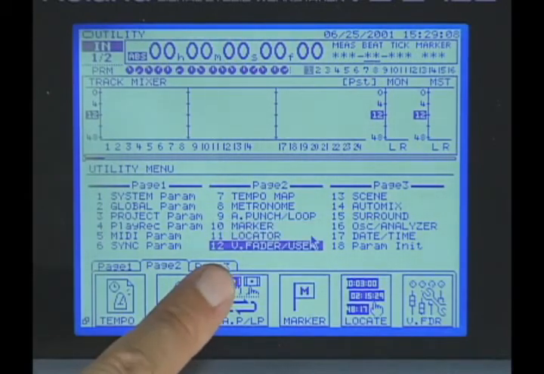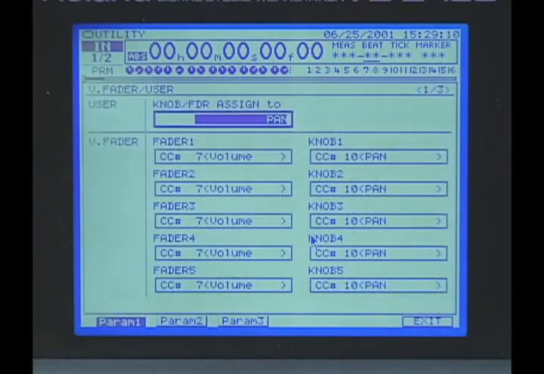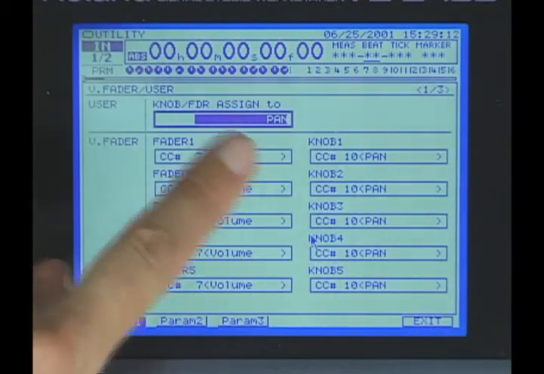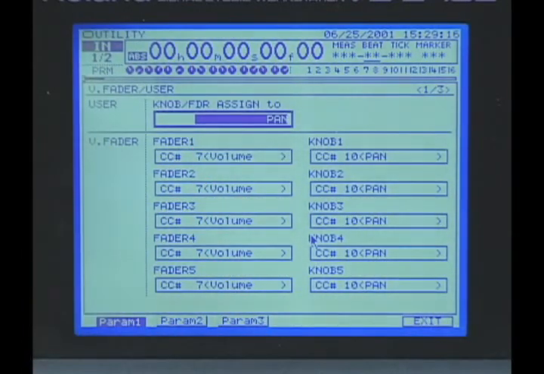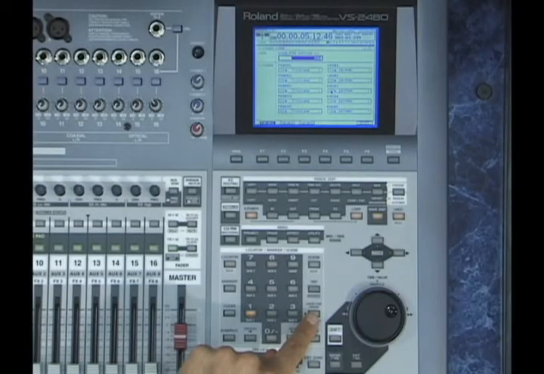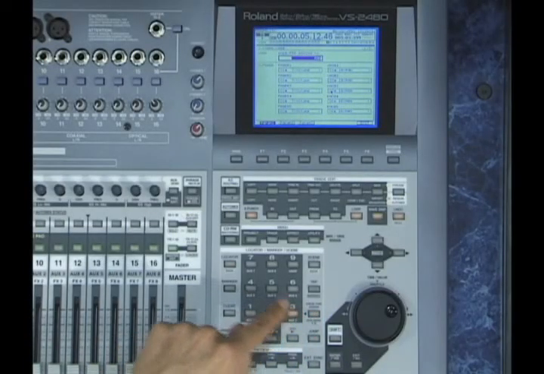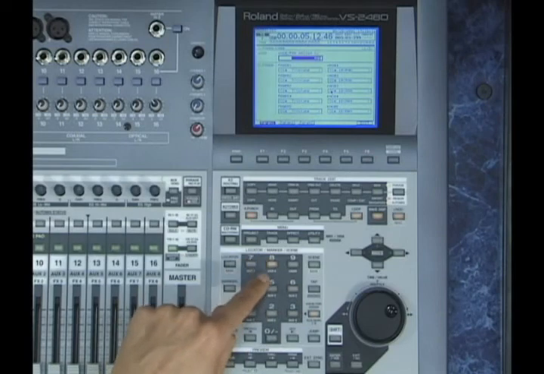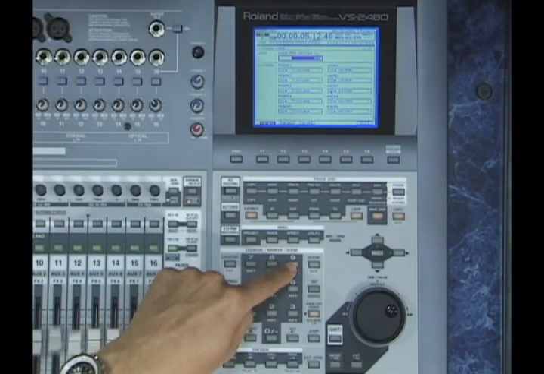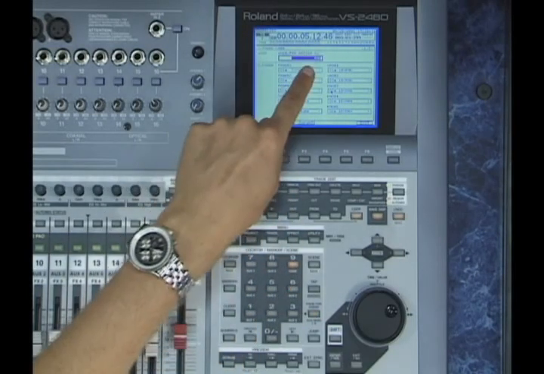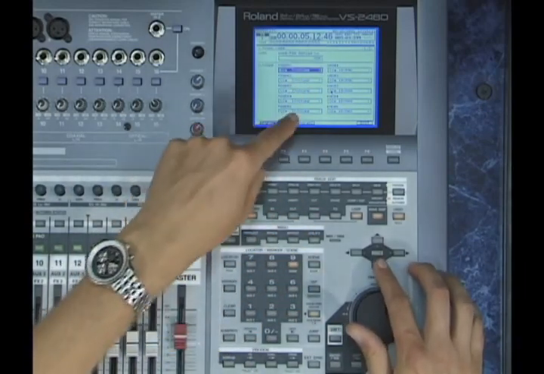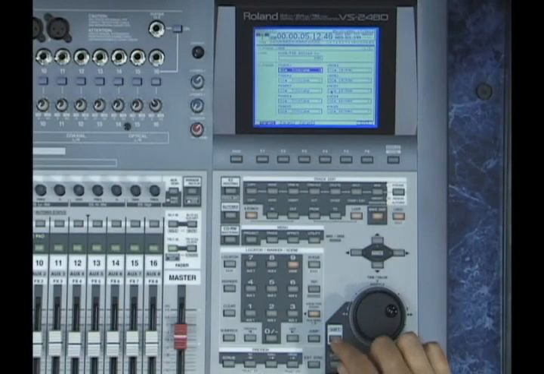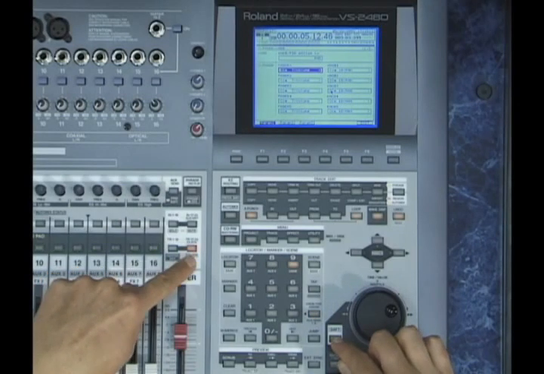Let's look at vfader/user here. The assignment up here is the parameter that you can tweak when you select the user parameter. Remember when we used the knob fader assign here, and the first 8 buttons here were for the 8 aux sends? Well, the 9th button here is for user definable. That's the guy up here. Now, the lower parameters here are for when you press Shift, hold Shift down here, and V fader. Then